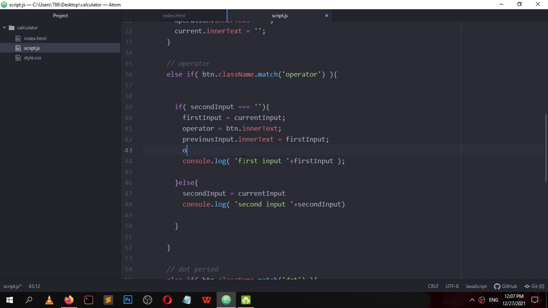So operation.innerText equals operator, because we are setting the operator here.